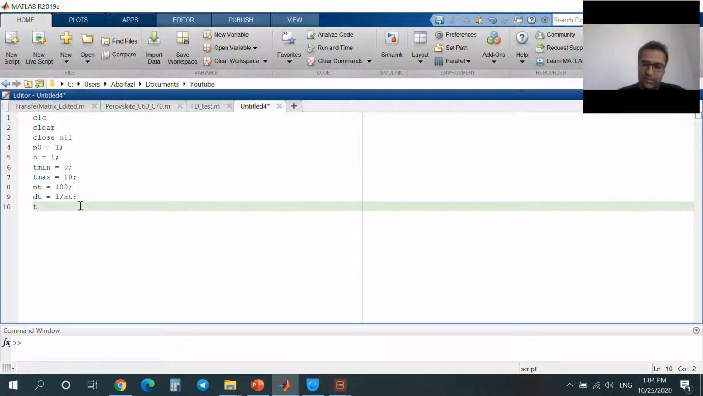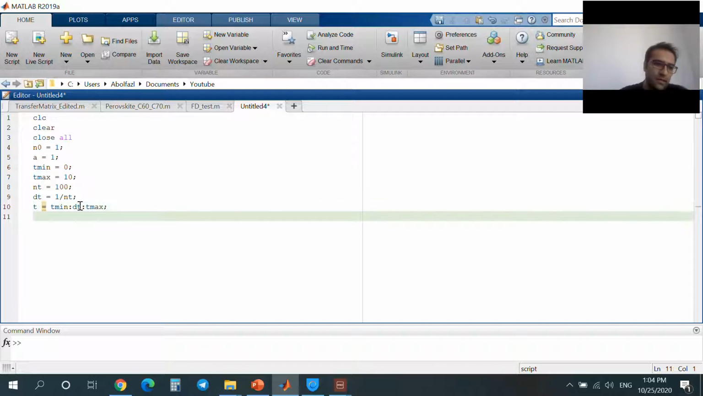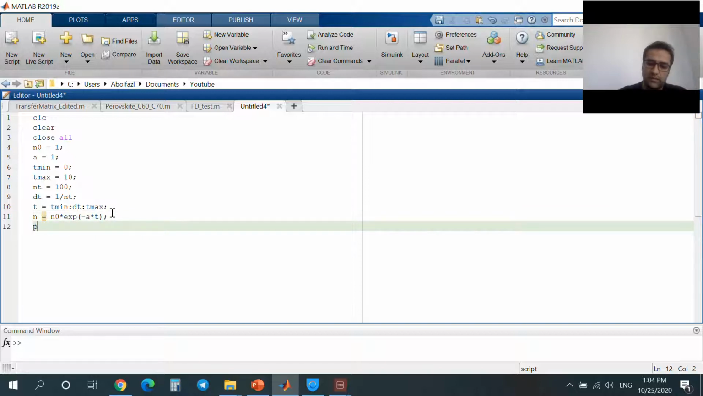So I define t, I just define a linear matrix for t from t in with dt step until t max, right? Okay, and what is my function? N is n naught multiplied by exponential of minus a multiplied by t, right? Then plot